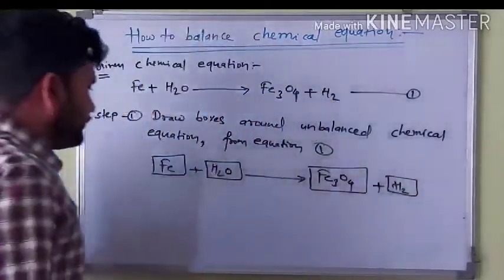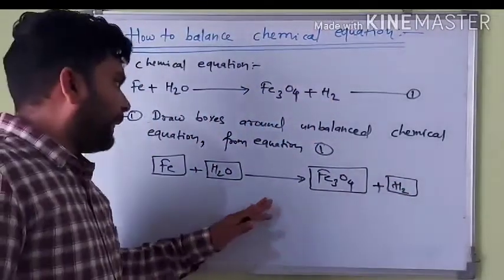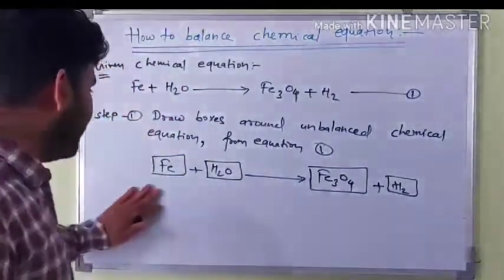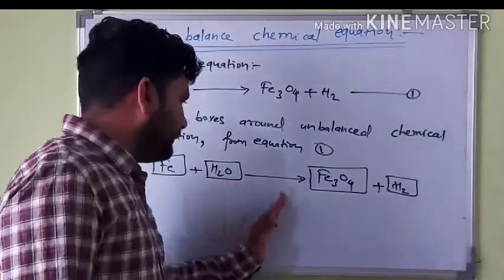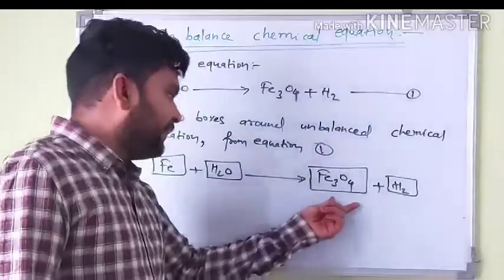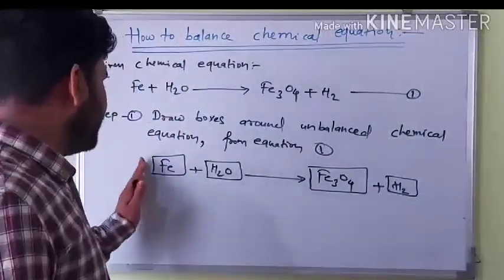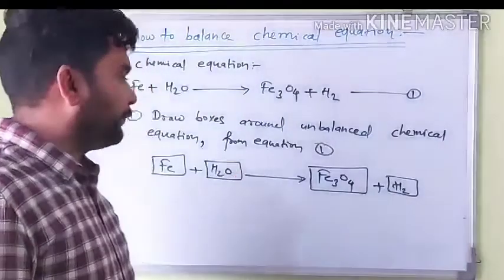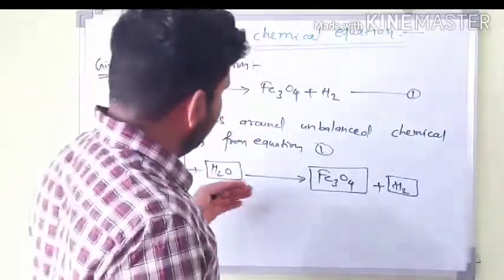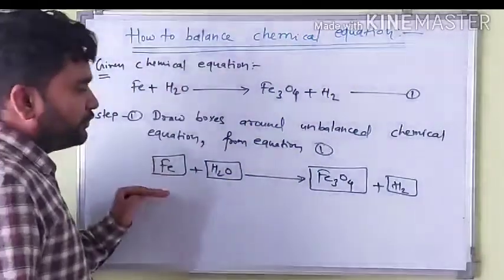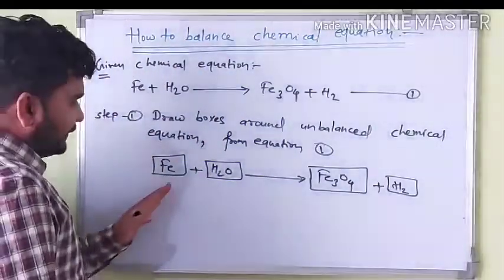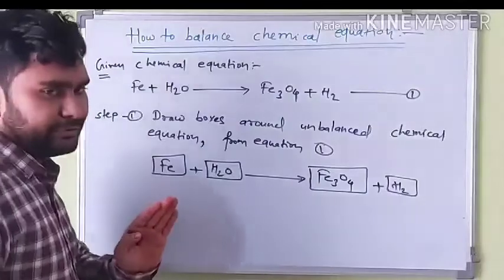It is necessary to do this because when we balance a chemical equation, the numbers of atoms of each element must be balanced on the right hand side and left hand side, but we can't change anything inside of the box. We change only outside of the box. It is a rule to balance the chemical equation. We can't write anything inside of the box. Please remember this very carefully.